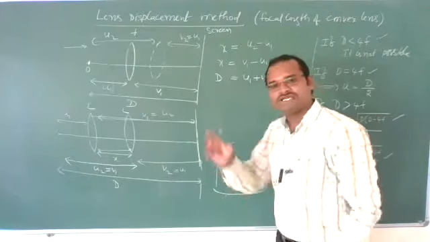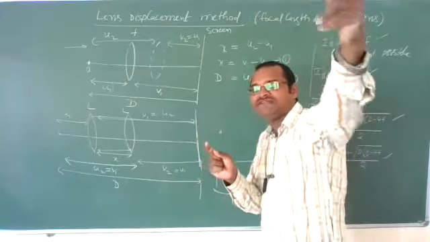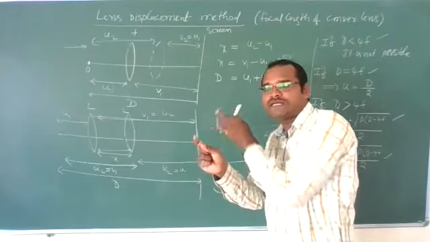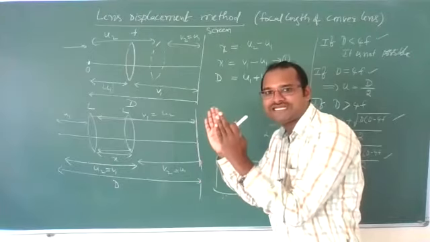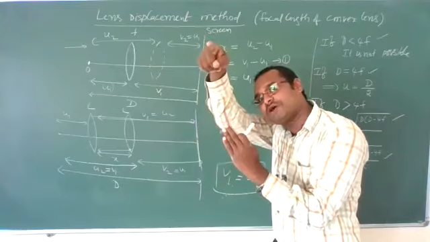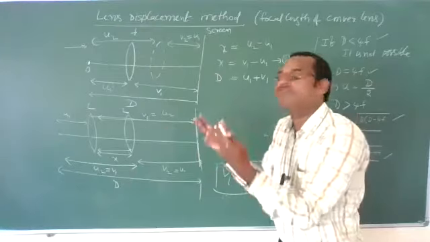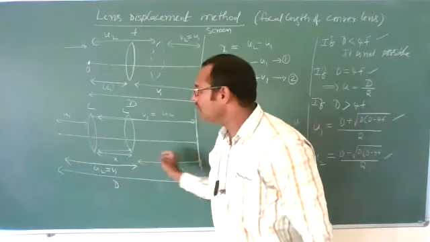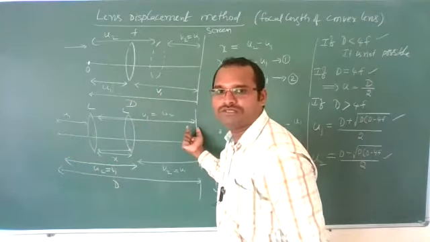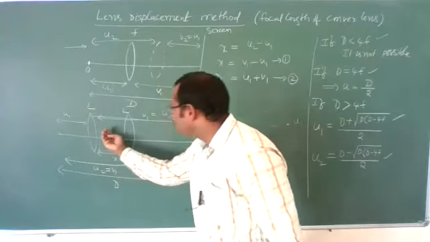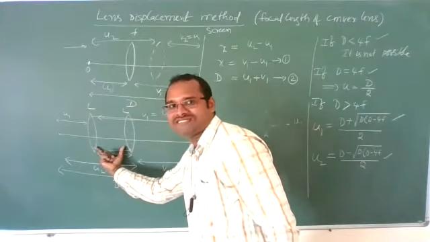So the best thing is we take a lens and focus it on an infinite object. When the object is at infinity, the image will form at the focus. Here we keep a screen, move it, and you will get the image. The distance from the lens to that screen will be called the focus, because we are facing infinite objects. Roughly we will get a focal length. Now 4 times that focal length you keep D fixed. Now from its position go on moving the lens. One time you will get the image. Mark that point. Still move, and again you will get an image. Mark that point also. The distance between these two points is called x.